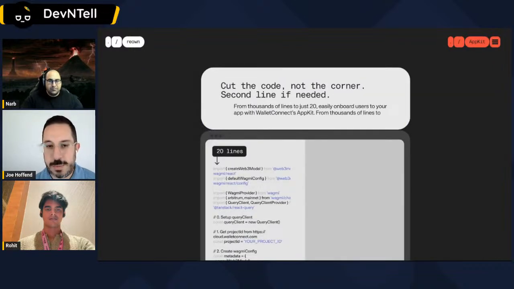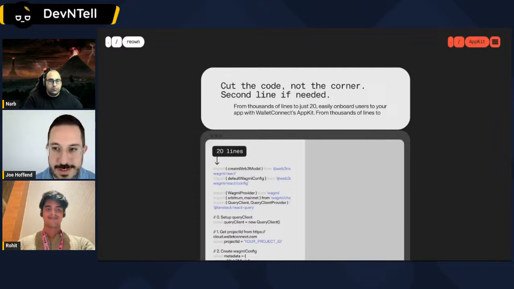And so when it comes to AppKit, we're just trying to, again, for you as well, for the developer experience, make it as easy as possible. So less code to use, easier to implement. How many minutes does it take to get AppKit up and running, which should just be a few minutes at this point. But that's our goal as well. We're ultimately trying to offer better tooling to you all as builders, so that the end users get the benefits of all this awesome user experience that's now going to be possible and continuing to improve in Web3 over time.